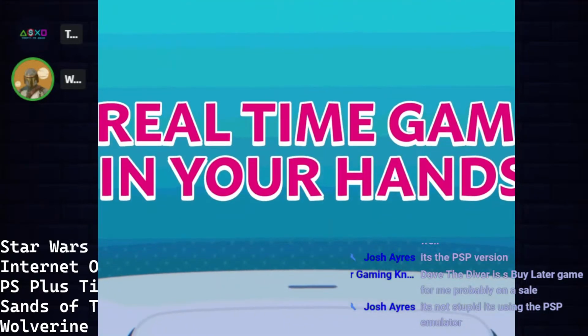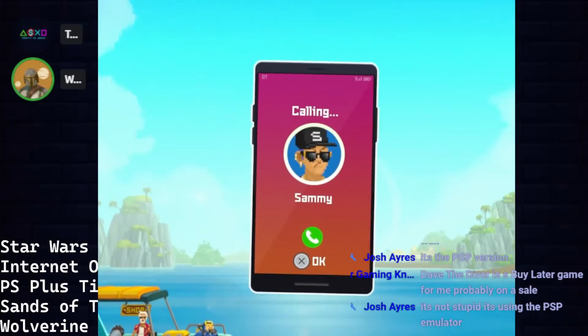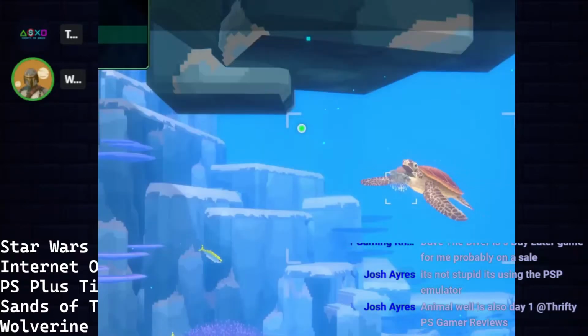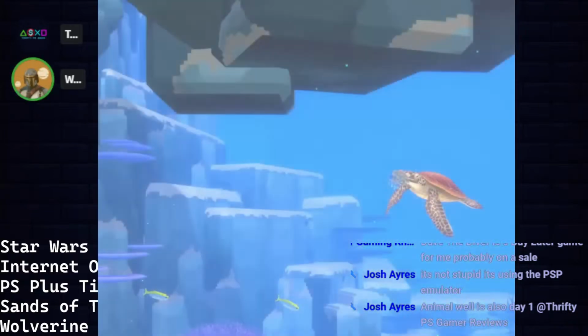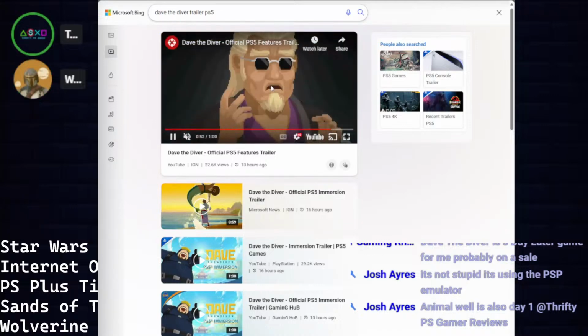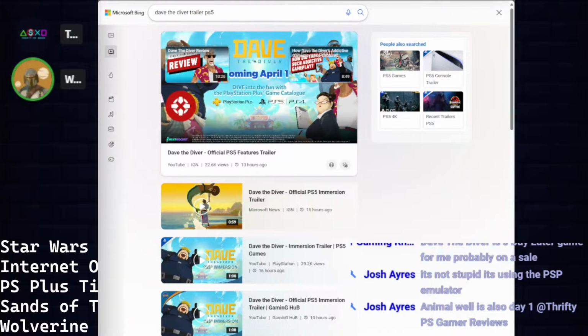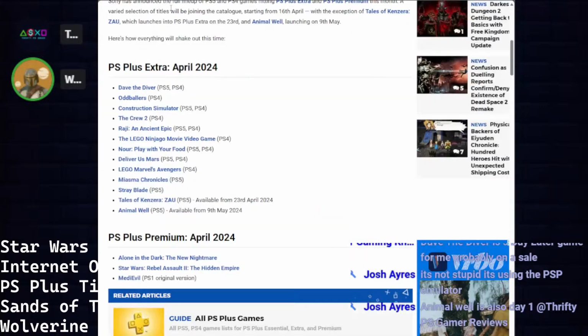I think PlayStation Plus in general has been really stepping it up the last couple of months. I still feel like Extra, and then Premium, they need to do better with bringing back some of those PS1, PS2 games, which maybe that Medieval one was kind of an easy one to do since they already did the remaster. But they really need to step it up there. But man, those day and dates are that's